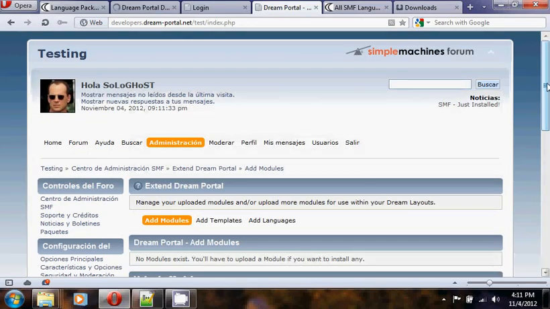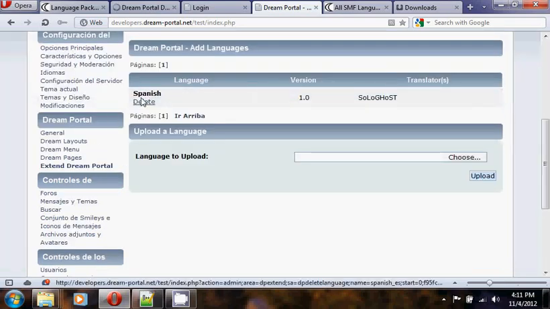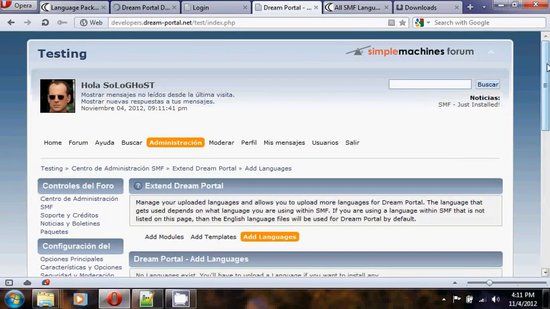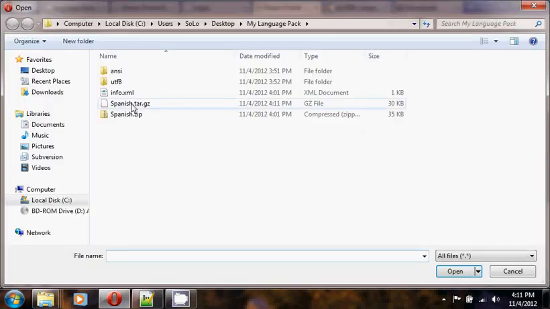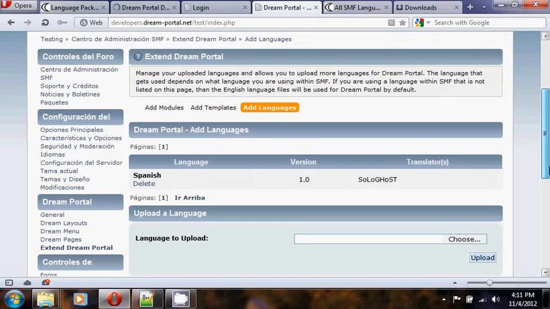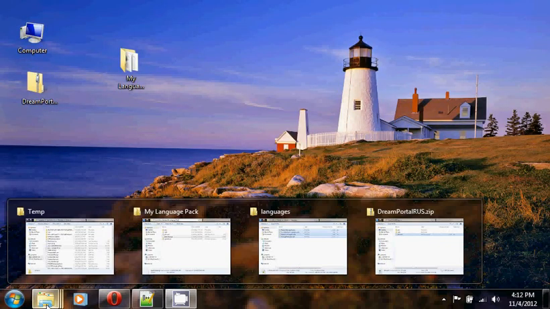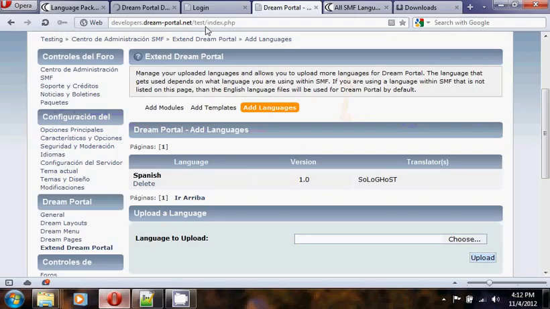You can test this tar.gz file by getting rid of the current Spanish pack, which is the zip one that we've put in. We'll delete it. Okay, it's done. Now we'll go ahead and choose the tar.gz file and upload that. Okay, we've uploaded it. Done. And there's our tar.gz file. We don't need it, so we could always delete it. That's how you test out your Spanish language packs in Dream Portal 1.1. And that's how you create